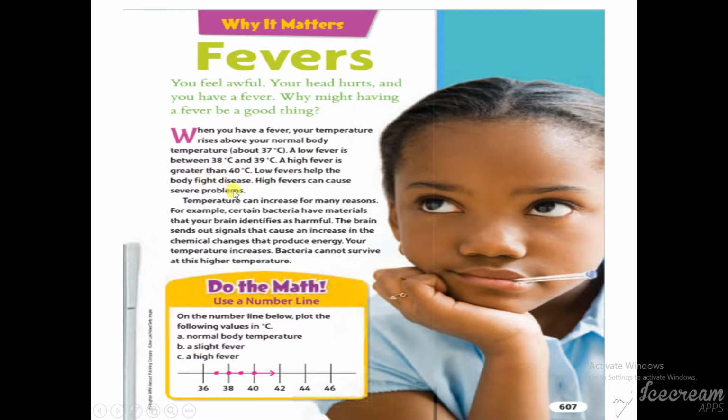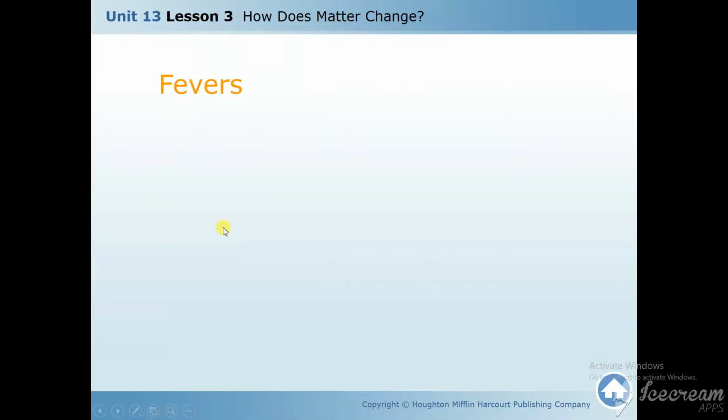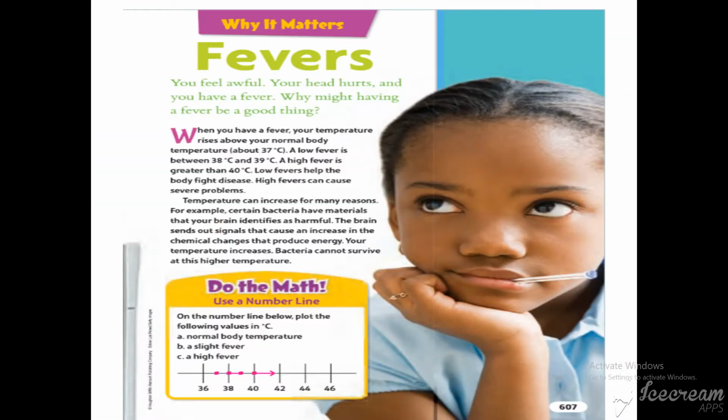Low fevers help the body fight diseases. When you get a fever, your body starts to fight diseases. Okay, that means it's a better sign. High fevers can cause severe problems. We are not talking about the problems here. We are just talking about what happens with high and low temperatures. Temperatures can increase for many reasons. For example, girls, I told you when my temperature increases, my body is ready to fight the bacteria inside. Now, temperature may increase because of many reasons. Certain bacteria have material